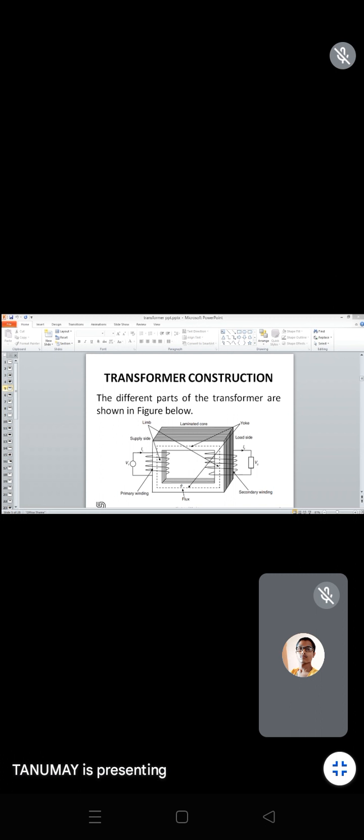This phi minus phi 2 amount of flux produces a similar EMF over the primary side. This primary induced EMF is termed E1. It opposes the flow of current I1 on the primary side. So the induced EMF E1 opposes I1. That is why, in a transformer, if there is high load, the value of E1 will be lesser.